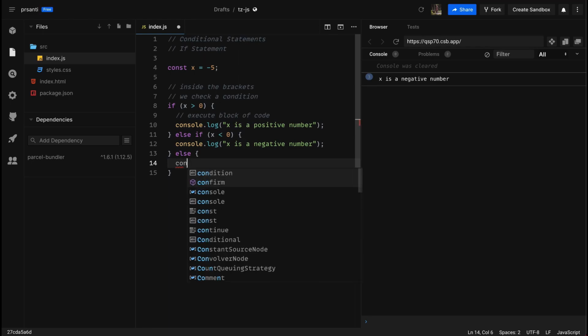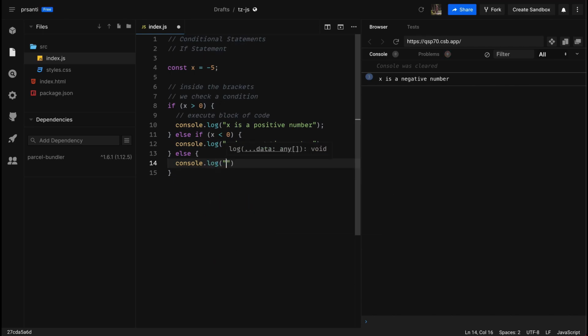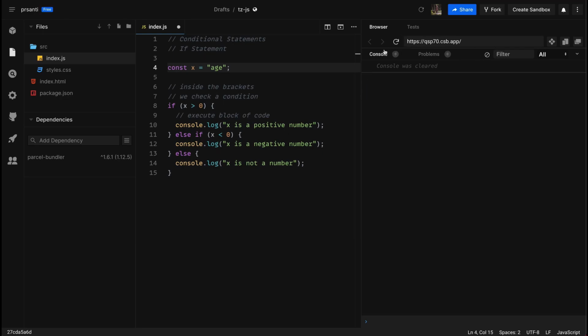So in this case, I'm going to console log x is not a number. So if it's neither a positive or negative number, we'll run this. For this example, I'm going to set x equal to the string age. Now if I clear my console and run my code, we get x is not a number,